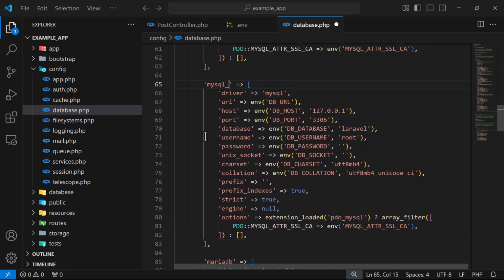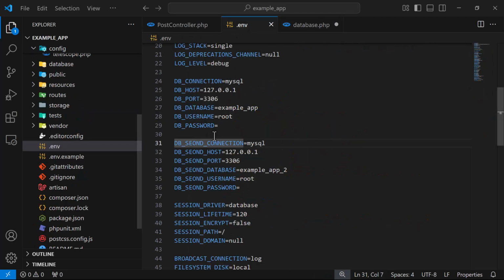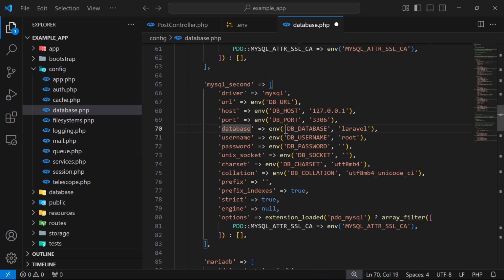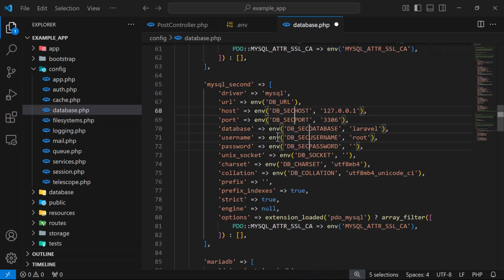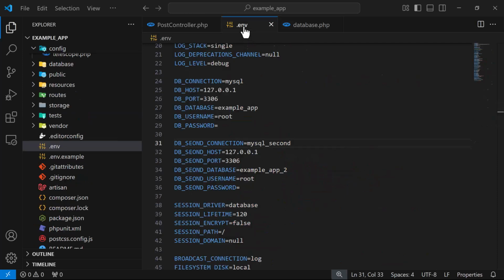You can see here one name is MySQL, so you can change this to mysql_second. And then you need to mention this same name here too. Okay, and then wherever you are using DB host, DB port, DB username and password, you need to mention second there too, right? Because we have changed these variables in the .env file. Save this out, and now our application is